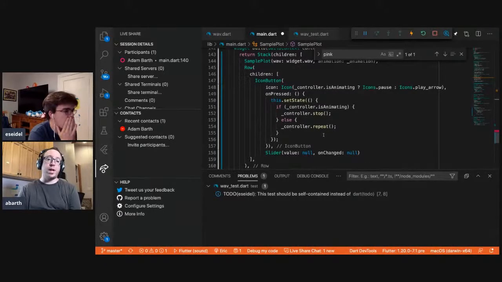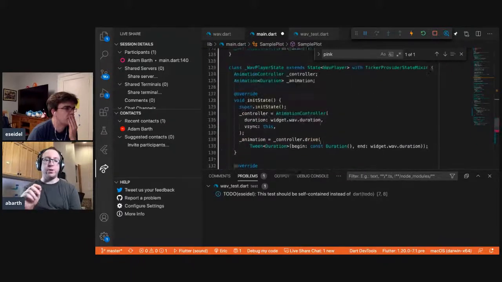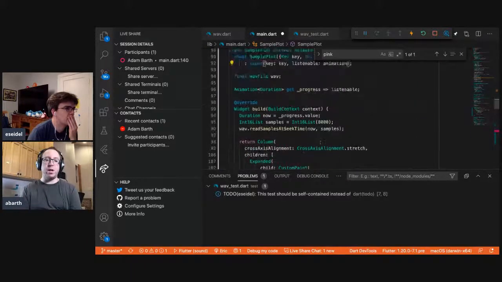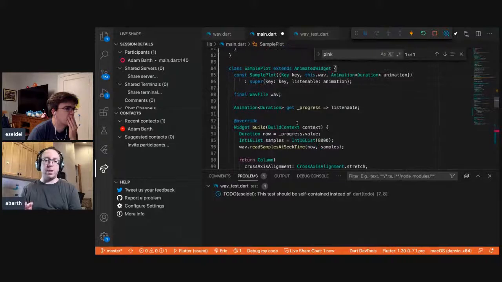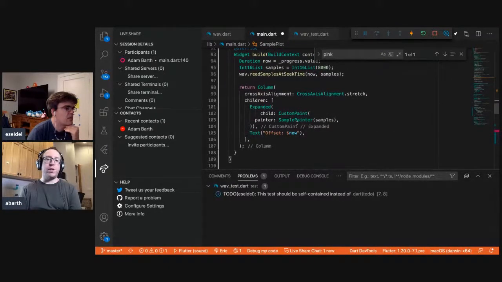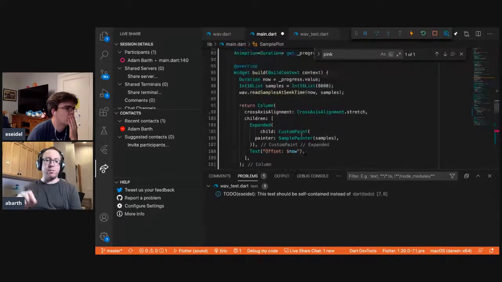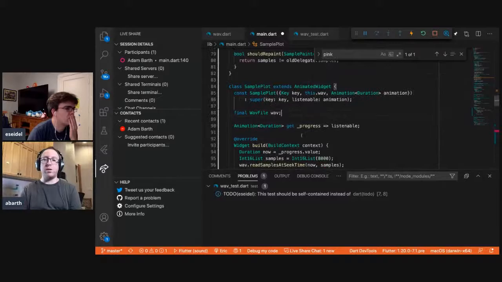So I think this is a case where it's a question of how fancy we want to be. If you were designing this in a fairly large system, you might want to separate the concerns of displaying and getting input from the user from the concern of actually manipulating the animation, in case you want to do something complicated. But in this scenario, it's simple enough that it may just be easier to pass the controller down to sample plot and have it directly manipulate the controller.